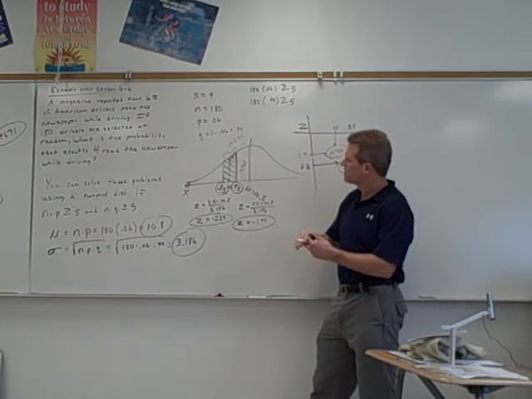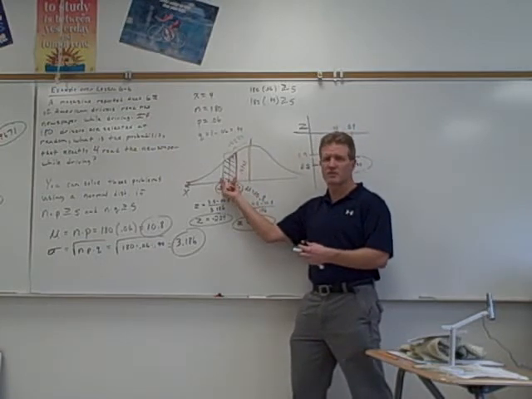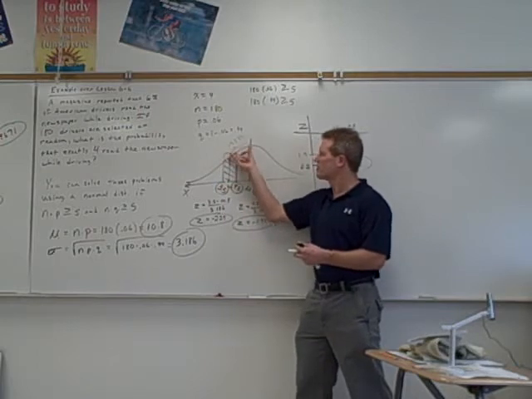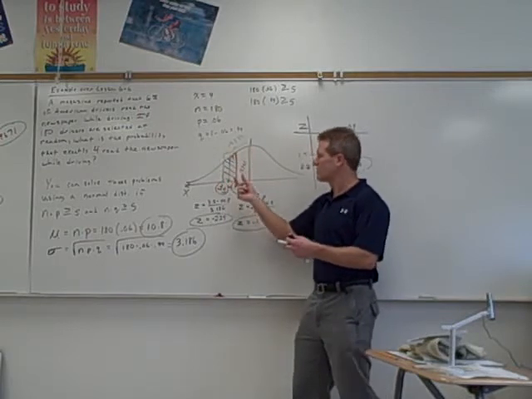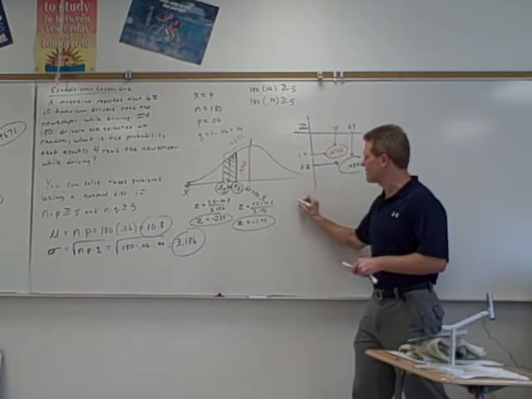So this is my green area, this is my brown area. How would I find this black area? Subtract. You take your bigger area minus your smaller area, that'll give you that strip. Okay? So if we do that, to find the probability of exactly 4 people